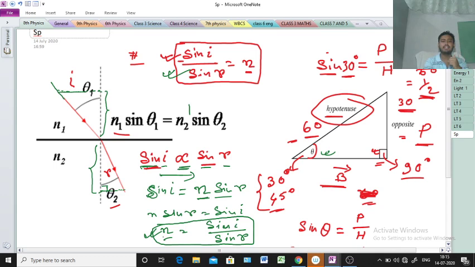Again, এই যে n লিখেছি না, n is refractive index. In another book you will see a different symbol instead of n. This symbol is not u, that is called mu. In that case, mu equal to sin I upon sin r. Same thing, n equal to sin I upon sin r or mu equal to sin I upon sin r. Whatever, mu or n, that is the refractive index of the medium.